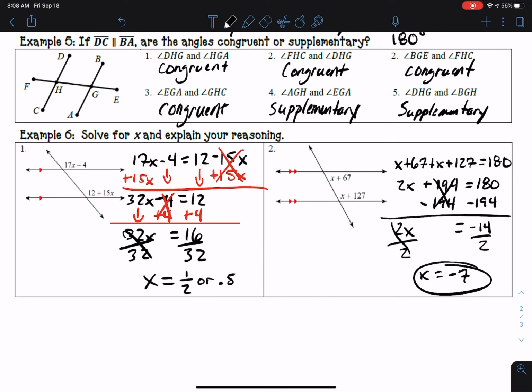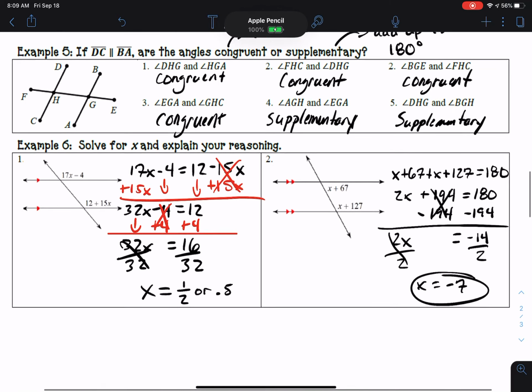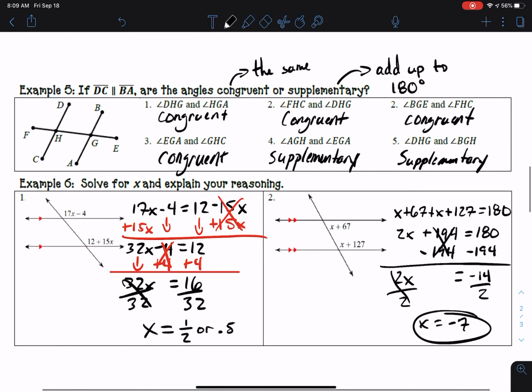Now you can plug that back in and actually figure out what the degrees would be of those two angles, but that's not what the problem asks for. So I'm going to stop there. This video is probably a little lengthy by now. If you have any questions,